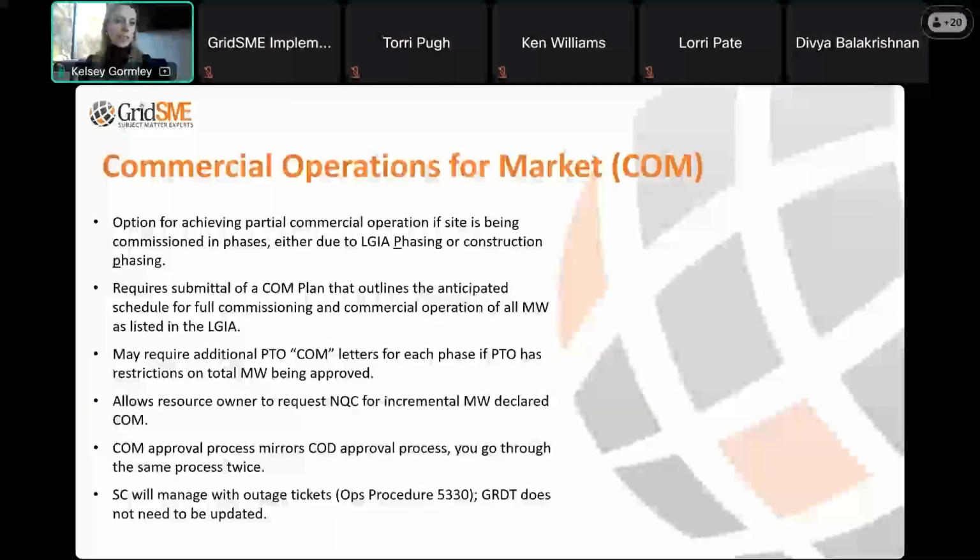It just completely depends on whether you have phases identified formally in your interconnection agreement, or if you are using it for construction sequencing. You can use it in either case. So you don't have to have formalized phases in your interconnection agreement to exercise this option. You can use it again just for construction sequencing purposes only.